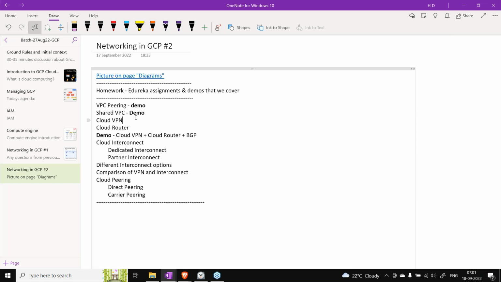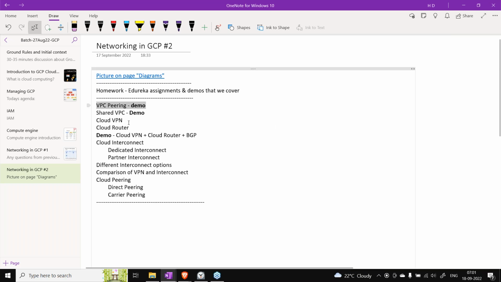Till yesterday we have seen how we can create a VPC, the security perimeters, that one VM cannot talk to another VM from another VPC, how network isolation takes place, different types of firewalls. Those were the fundamentals, the basics of networking, and how they are implemented in GCP. That's what we have seen with different demos and walkthroughs.